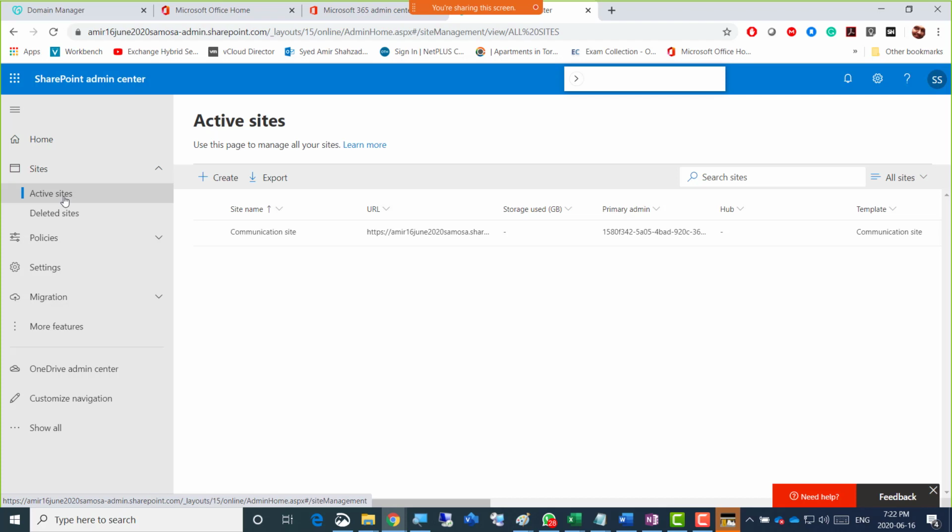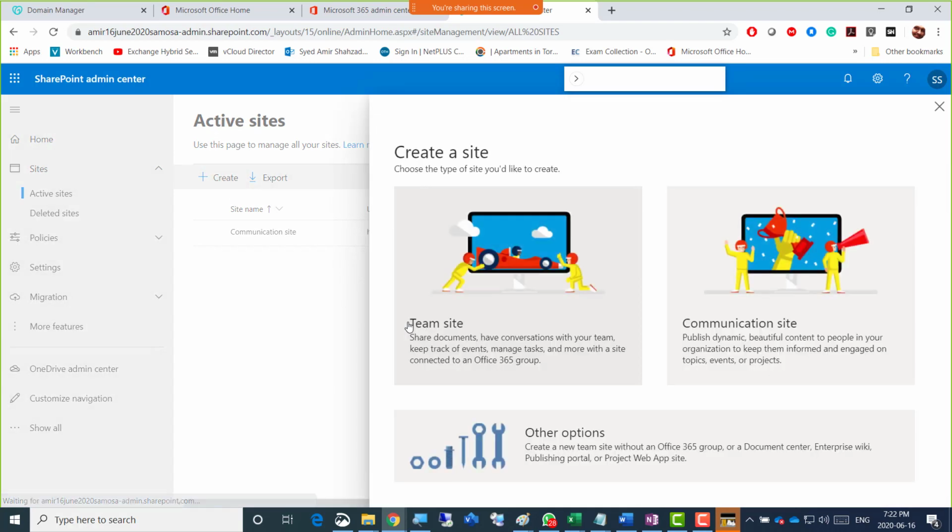So we're gonna go for all the features of the communication site, and when we go inside the site, there are many other things that we need to know. So I'm gonna click that plus create here, and there's that communication site.